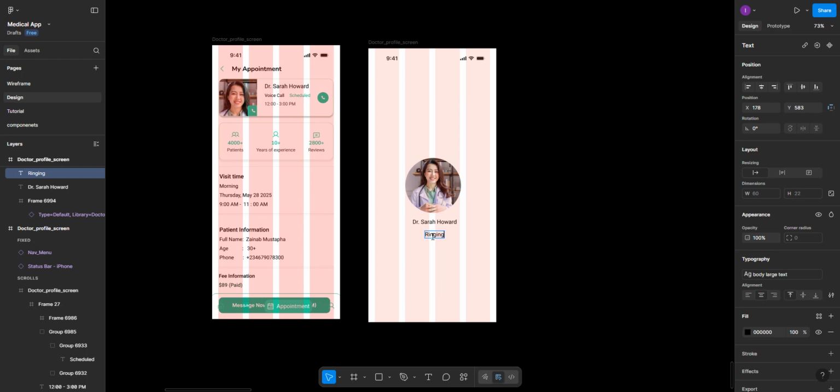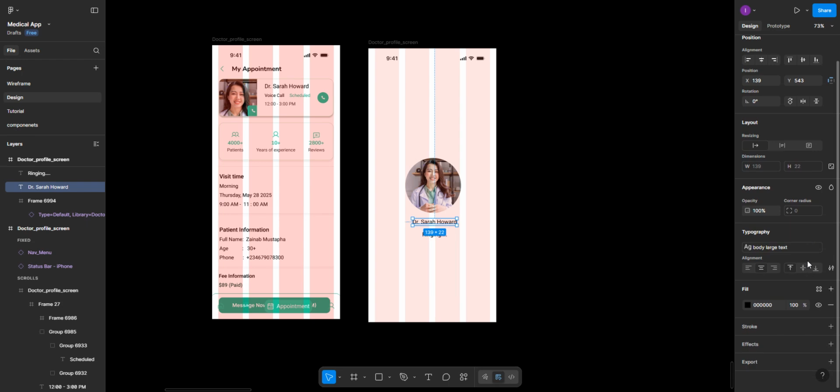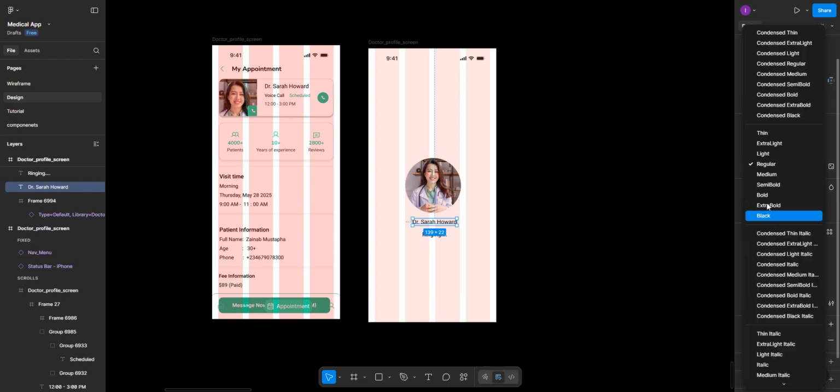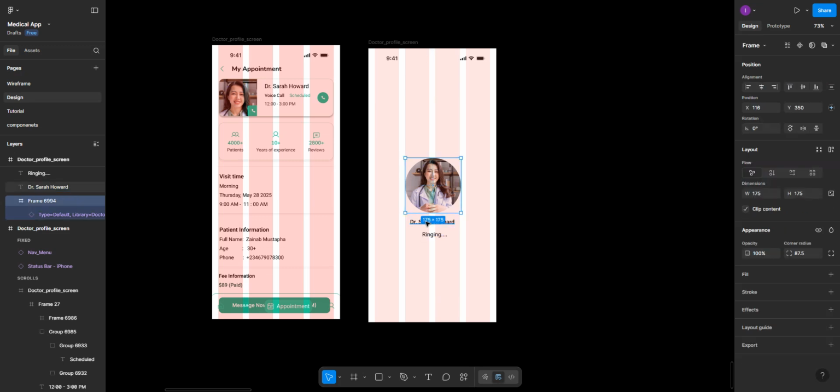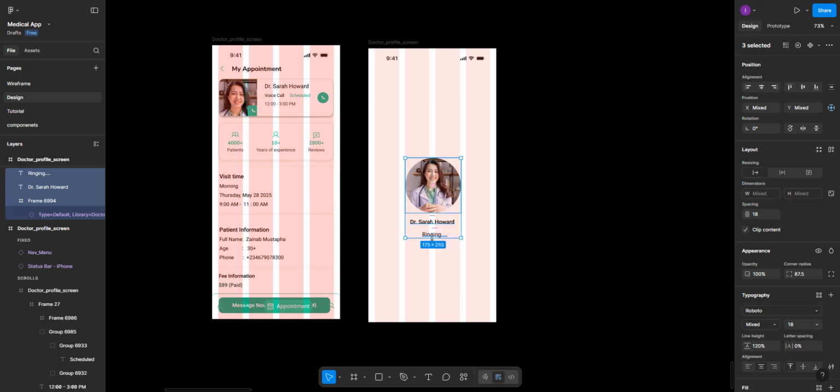Okay, then we just did that. And this header text too, we need to change that font there from our fonts. So here there is a large body text, so let's detach it and make it to medium, please. Can also go back there and effect that. So now we're going to select these 3 together and distribute their vertical spacing